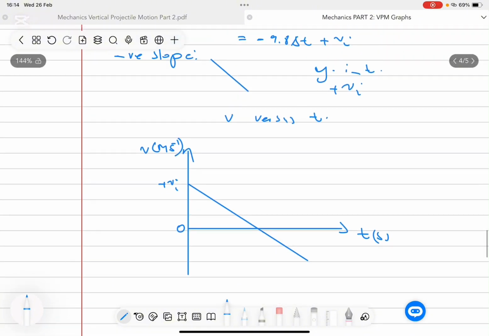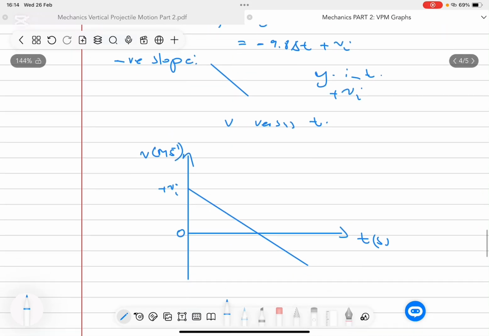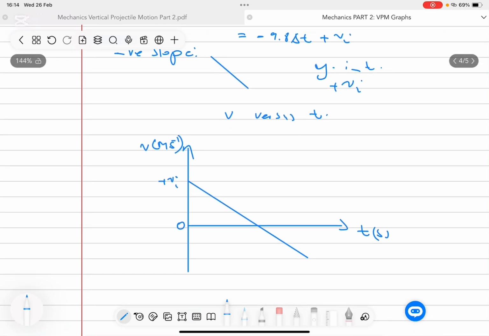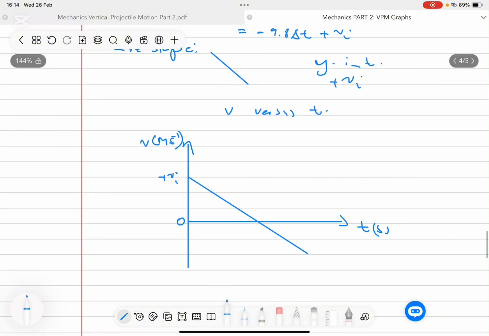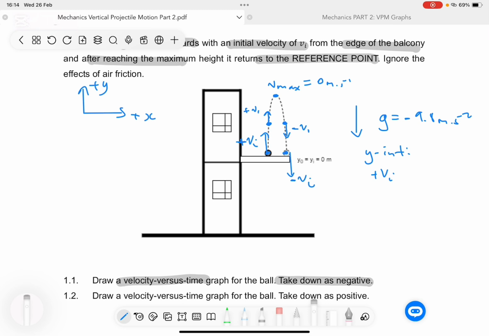And we can see that this is a line that has a negative slope because it's going downhill, and it intercepts the y-axis at the positive VI. Now, when we look at this graph, we can see that when the time is 0, we have an initial velocity of VI. We plot VI at this point here. When we start measuring time, it reads 0, but the velocity is VI because that's where we start